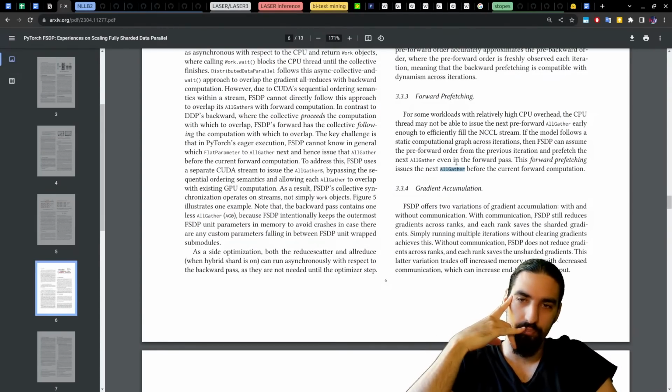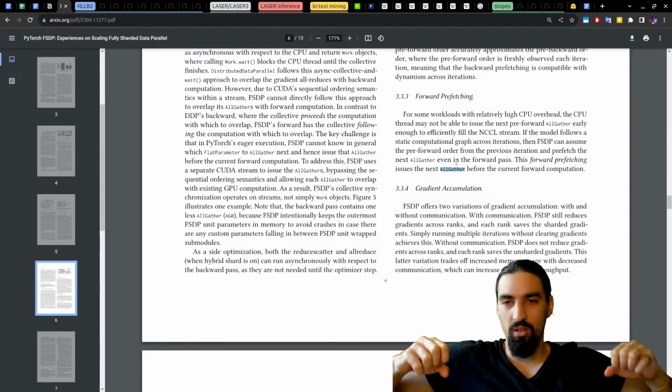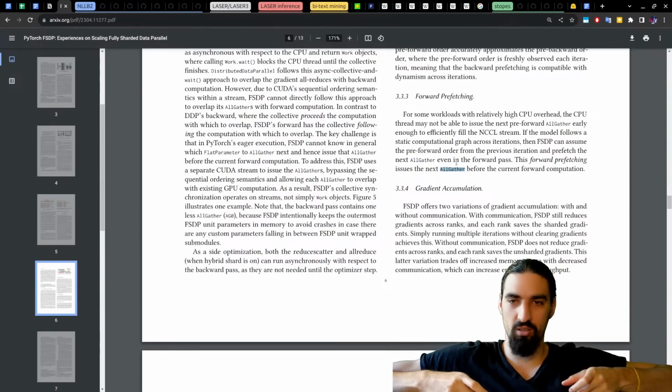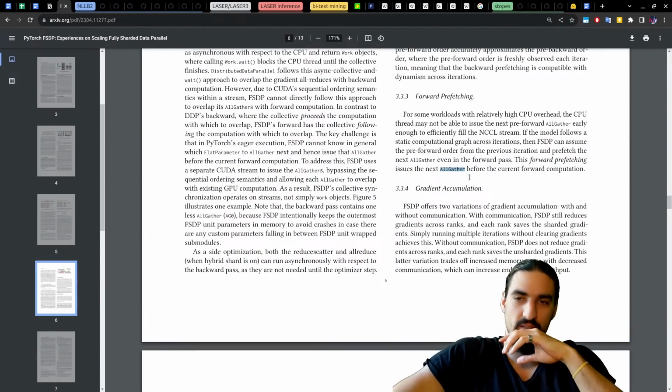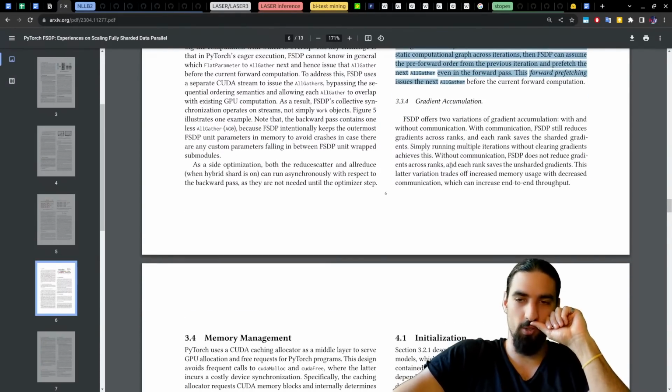Aha, got it. So before you start going through layer I, you already kick off the request for all gather for the layer I+1 to start unsharding the parameters. I guess that's what I mean. As I said, that's how I understood prefetching before as well.